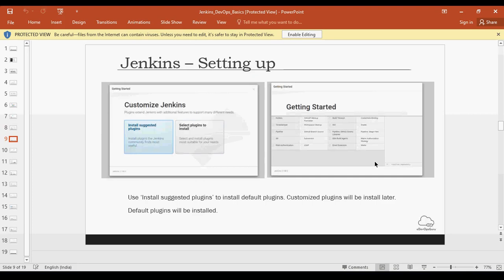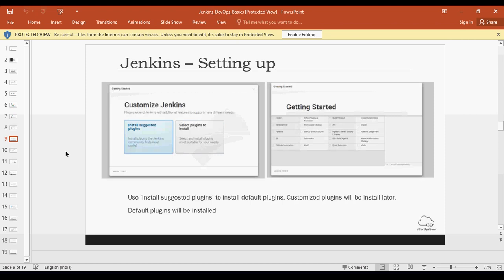Okay. The next part is to set up the plugins, whatever plugins you require. There are two ways. Jenkins gives you a customized list of the most used plugins, so you can go with that, or you can use your own set of plugins if you already know it. Last time we used the suggested plugins, but this time we will go with the second option. We will also see how we can choose our own set of plugins when we know what is required.